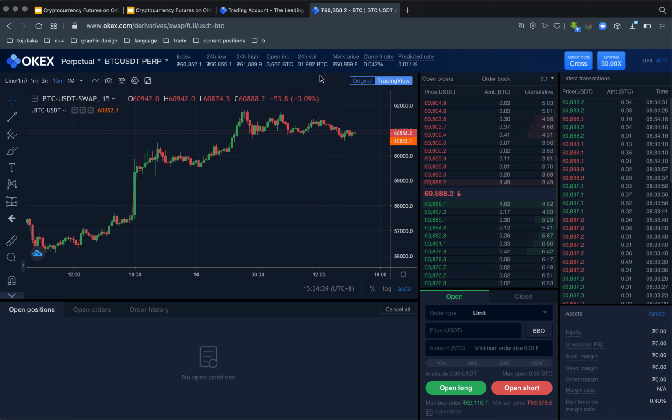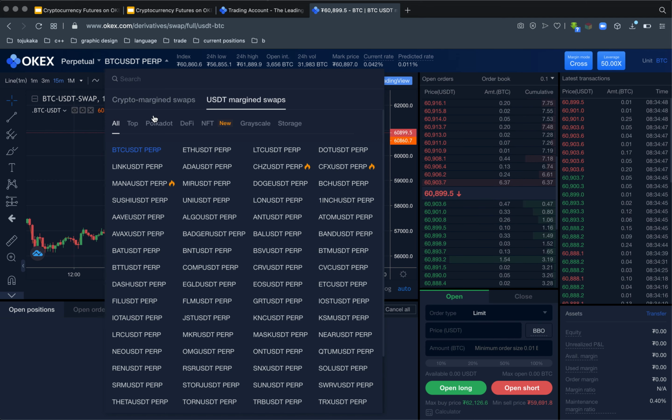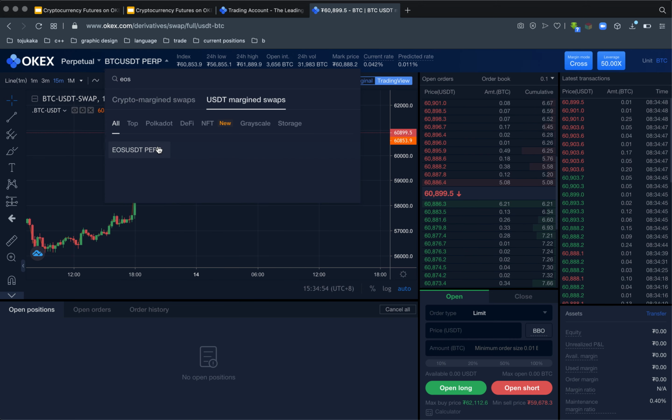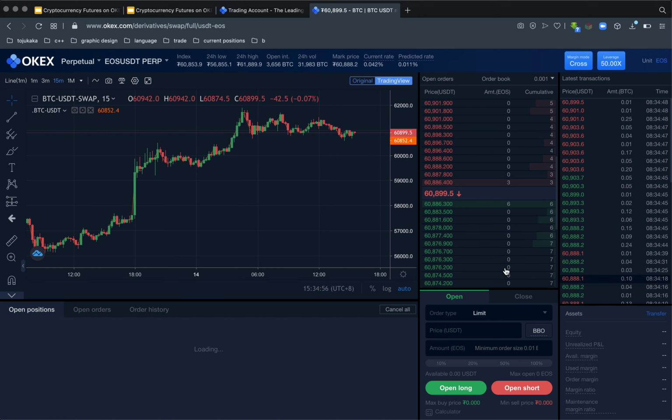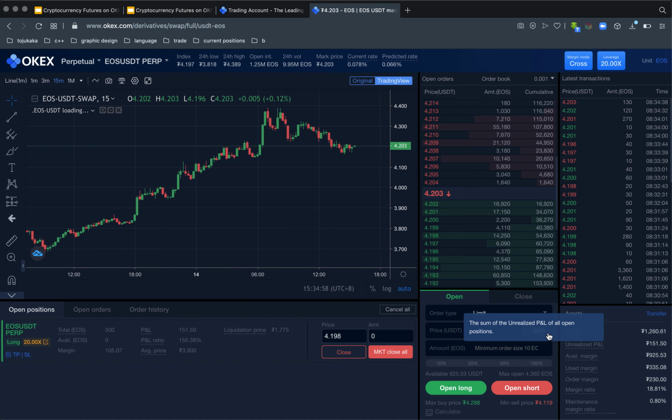All right. So you can see the order book, right? And then you can see where you have a rundown of your assets. Okay, let me go to EOS USDT because I have a position there. Search for it, EOS USDT perp. I have a position there. So you can see I have